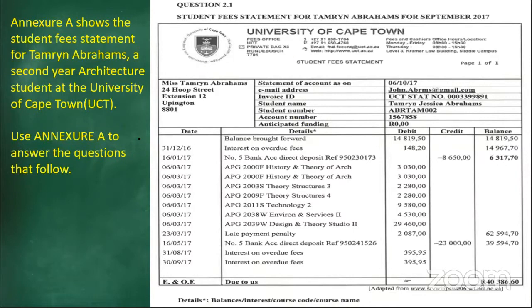So when you get your exam paper, you will get your question paper and your addendum, which you will refer to. Right now, for the sake of when you are at home, it's important that when you download these past papers, you also download the addendum. You can find more of these question papers on the GBE website. There you'll find a lot of other question papers as well that you can use to practice. Ne? So this is taken from the addendum, Annexure A. So it's very important that you read carefully how it's directing you, because then you wouldn't be able to answer any of these questions if you did not have access to the addendum.